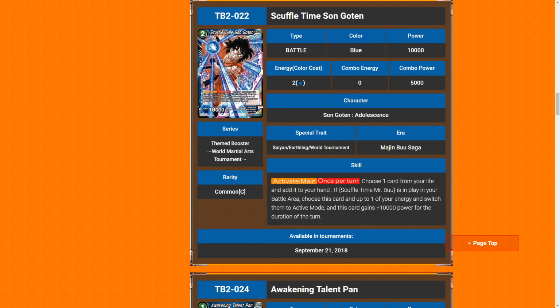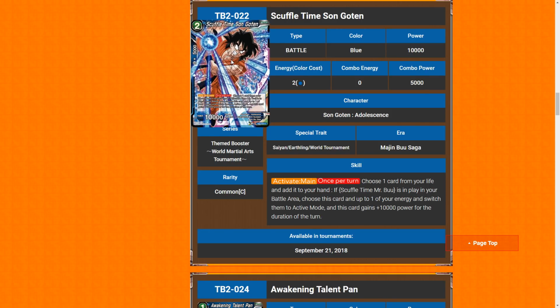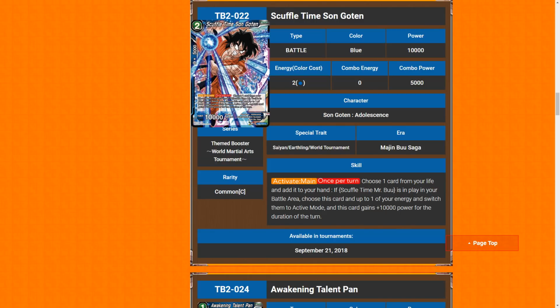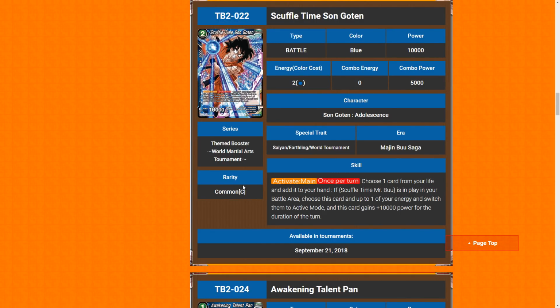Activate main is choose 1 card from your life, so Self-Awakening. And then if Mr. Buu is in your battle area, you choose this card and 1 of your energy and switch it to active mode, and this gains 10k power for the rest of the turn. This is good, so Self-Awakening for 2. And basically if Buu's there, you can switch up to 1 of your energy to active mode, which is good. And if it's activate main, this main can just sit there. You can choose 1 card from your life, and the rest of it doesn't have to proc off,